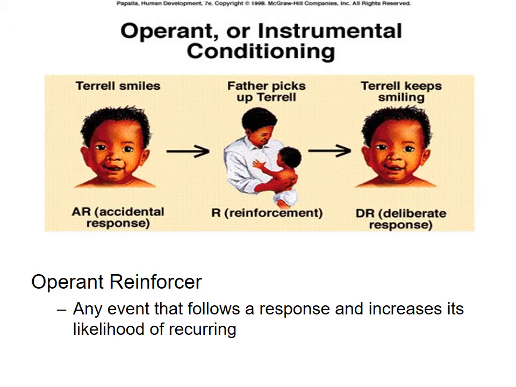So here you have a really quick example. Skinner always said that most of these behaviors start off accidentally. So here you have a small baby and he shows a smile or a giggle. His father picks him up. The consequence of his smile or giggle is this reinforced act of being given love. So he then chooses to deliberately give a laugh or a smile with the hope that the consequence follows, that he'll get a hug or a pickup again from the parent. The father picking him up is something that is added to the scenario, making it a positive reinforcement. As long as that reinforcer is in place, the behavior should stay relatively strong and continue to increase.